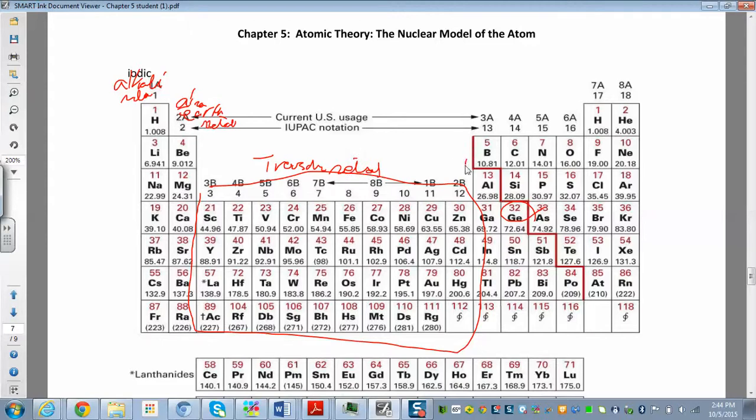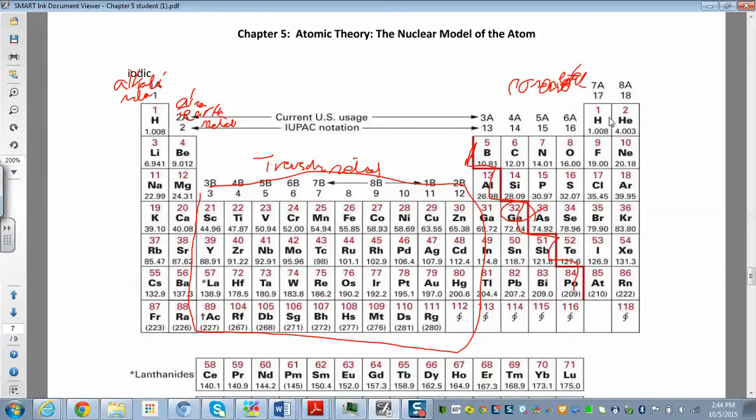You see this staircase here? This is separating the metals from the non-metals. So anything downstairs, these are all metals. So we have alkali metals, alkaline earth metals, transition metals. These are sometimes called heavy metals. And then upstairs you have all the non-metals. So non-metals. This is going to be important when we start to name things. Non-metals.